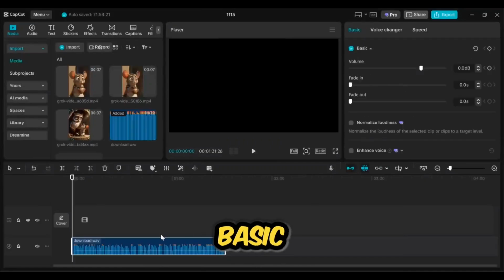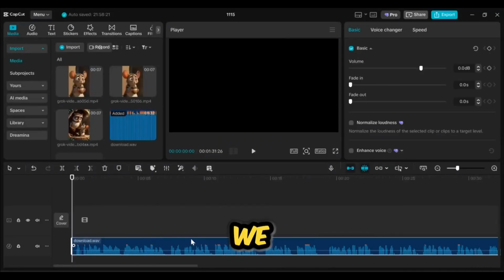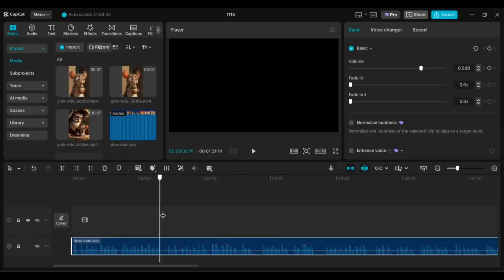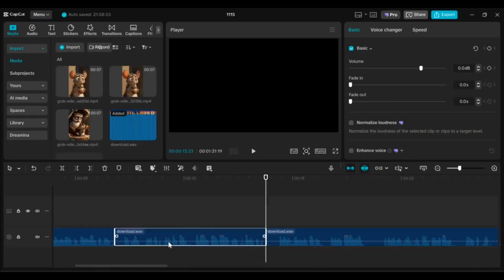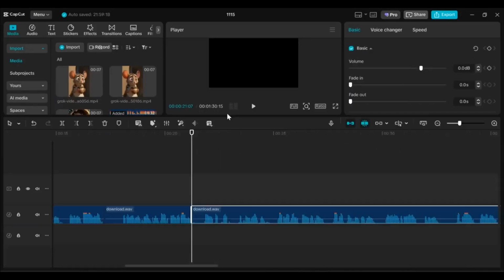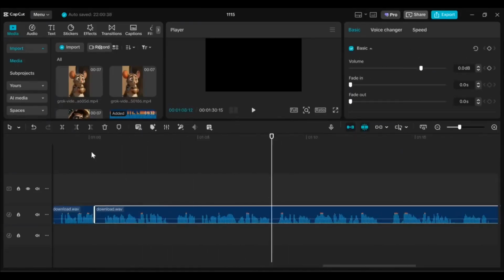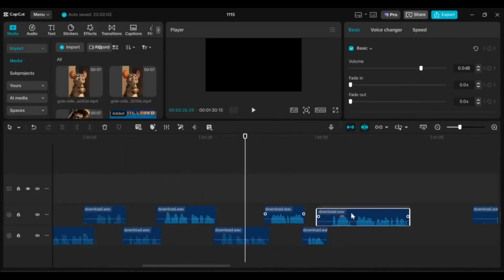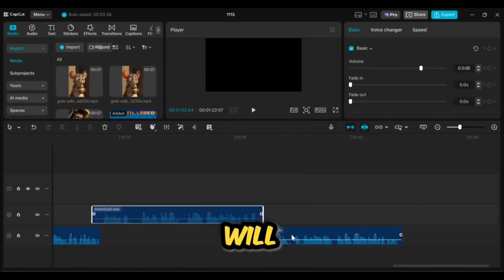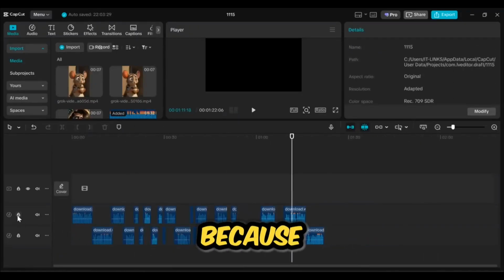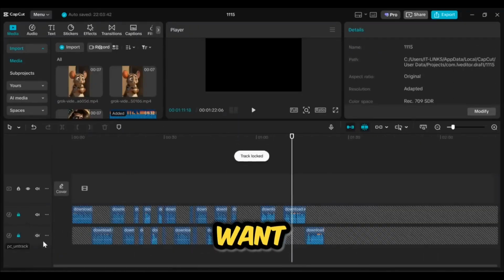Now we need to do some basic editing and cleanup settings. We need to listen through and delete any extra silences or spaces in the audio. I will simply cut these empty parts out to make it tight. You can obviously edit this in your own preferred way, if you have a specific method you like. But the general process is the same. Just follow the process of cleaning up the audio. I will lock this audio track now, because I am done adjusting it, and I don't want to move it